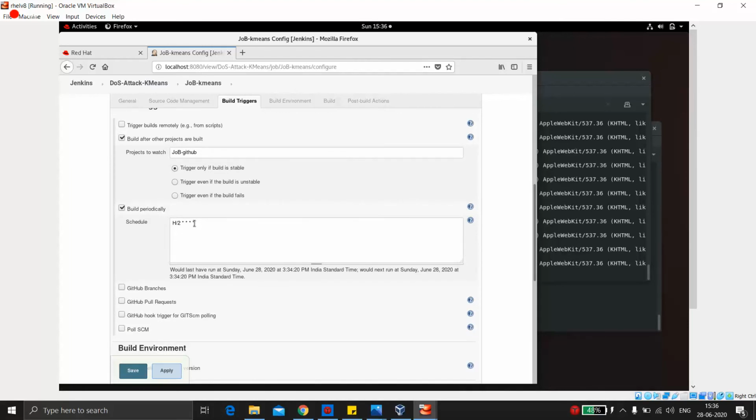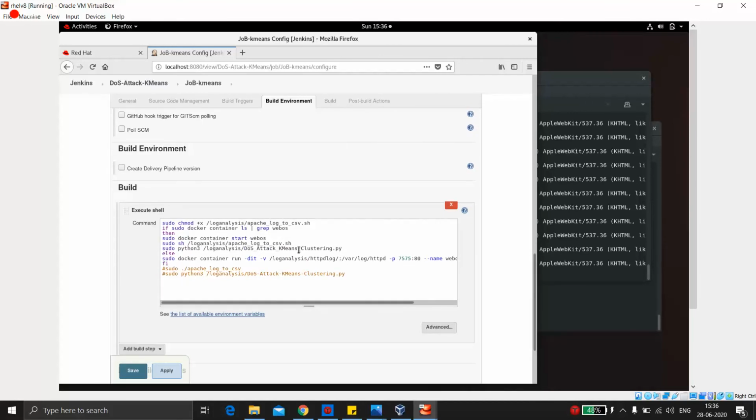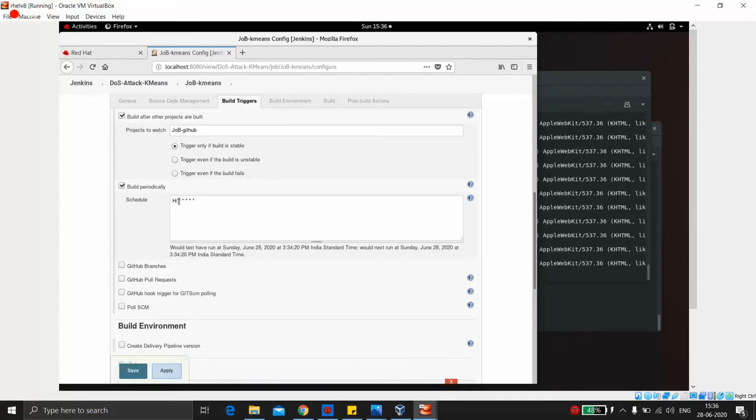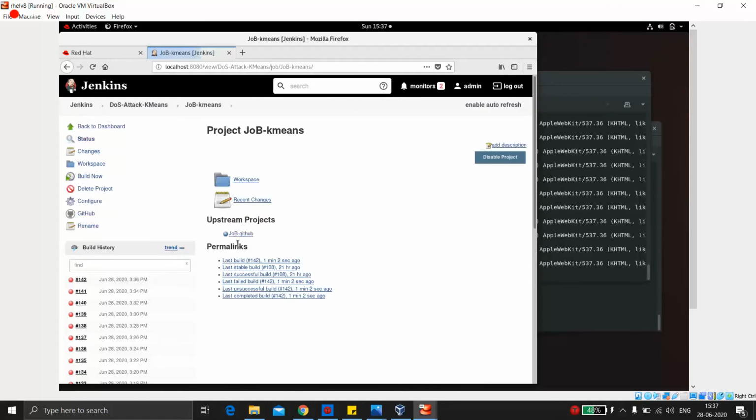Since it is running every 2 minutes, every 2 minutes it would check the log files, it would do the clustering, it would block the IP. So once you do this setup, you won't have to worry about it. You can even change this to every minute, but that's not needed, right? It's up to you. You can set it as 1 minute also. So this is the final job we have done. You can see it's still running, right? I told you it runs every 2 minutes.